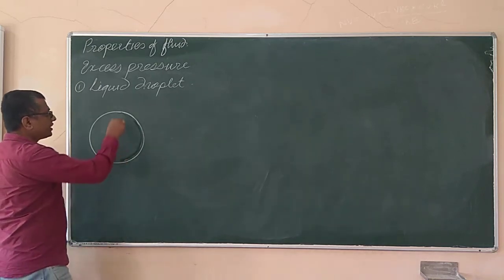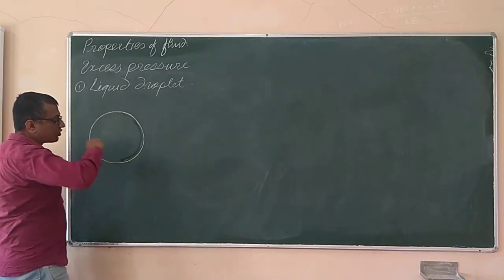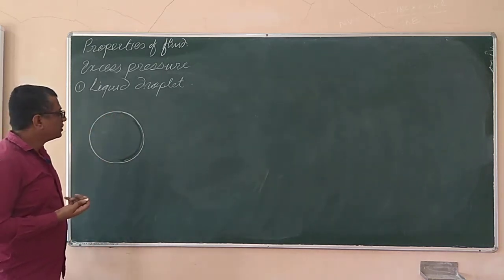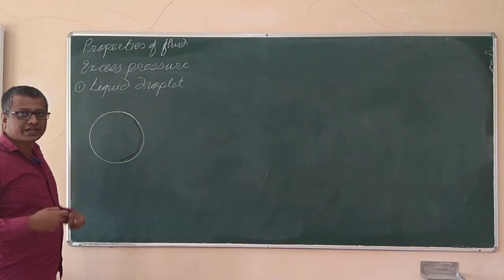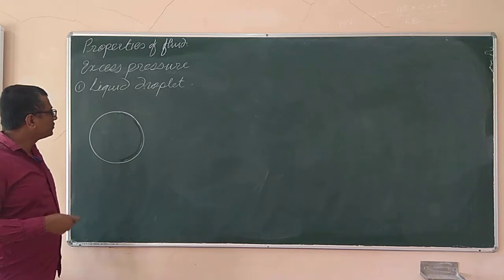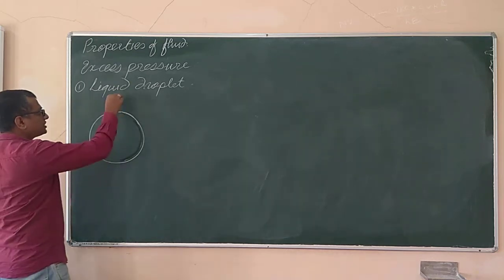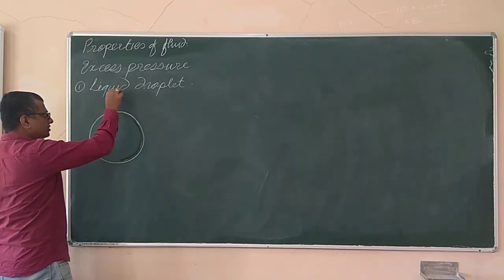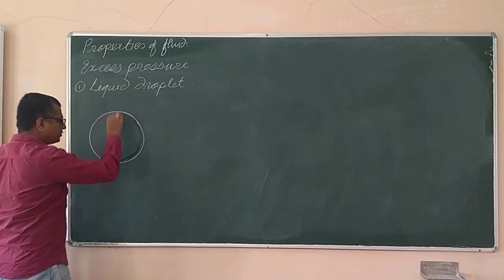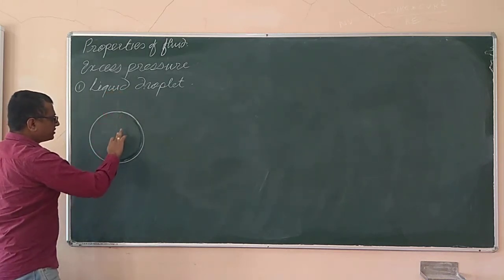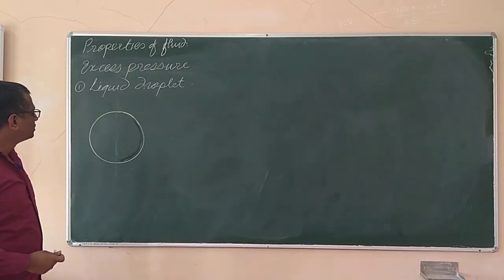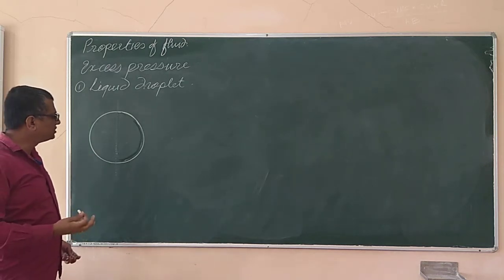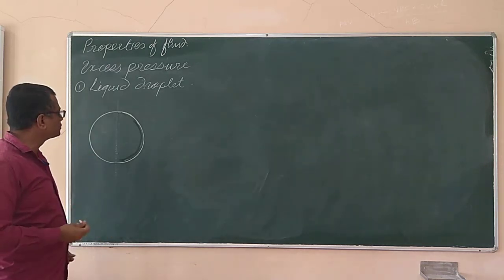So if I take any molecule on the outer surface of that spherical droplet, every molecule is under stress and is pulled on every side, right? Now imagine that I have cut that liquid droplet with a fine blade and separated out these two hemispheres. Physically it's not easy to do, but just imagine we are doing so.